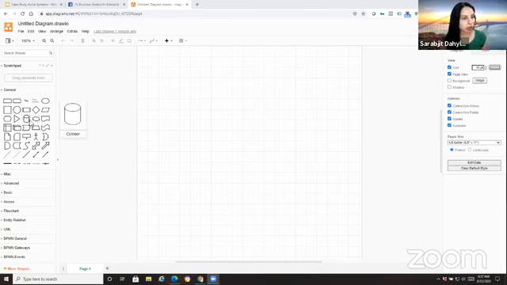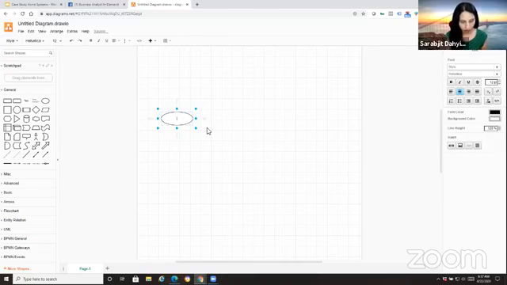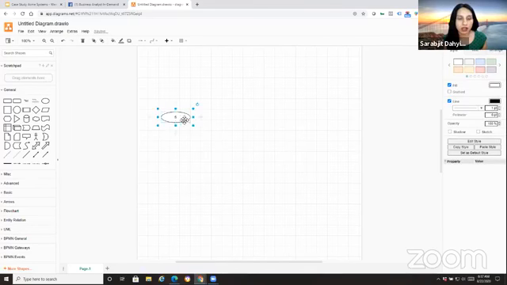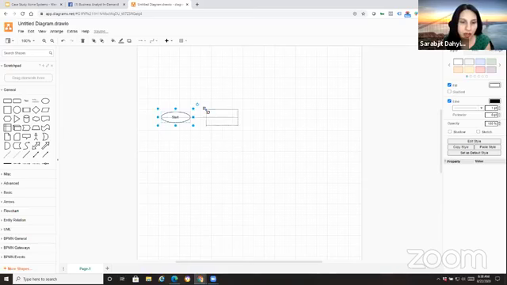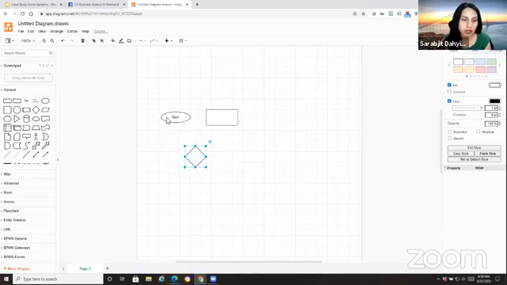So typically when you're creating diagrams, you have certain symbols, right? So this is an oval. This represents either a start or an end to a process. I'll just put start here. You have a triangle. This is used to identify a process. And then you typically have a diamond, which is used to represent a decision point.